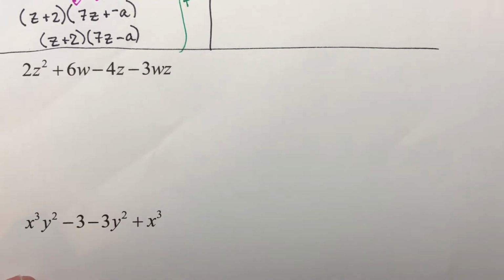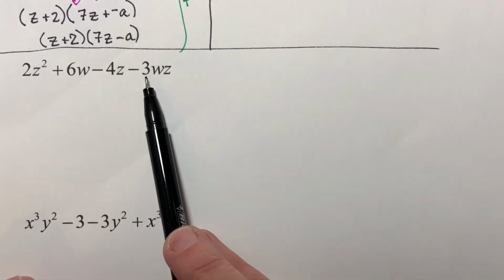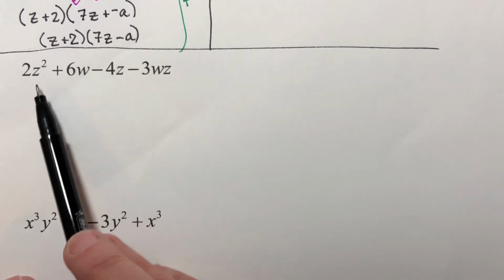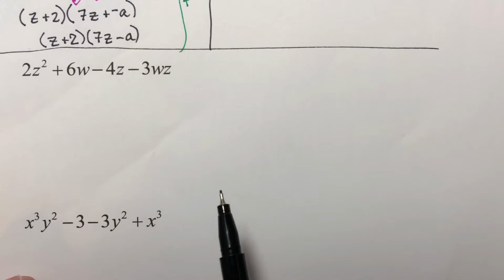Okay, so first of all, look to see if you can factor out a GCF. A 2 would go in here, here, here, but not here. A Z would go in here, but there's no Z here. So it would have to work for all four, and so we don't have an option. Okay. Now,